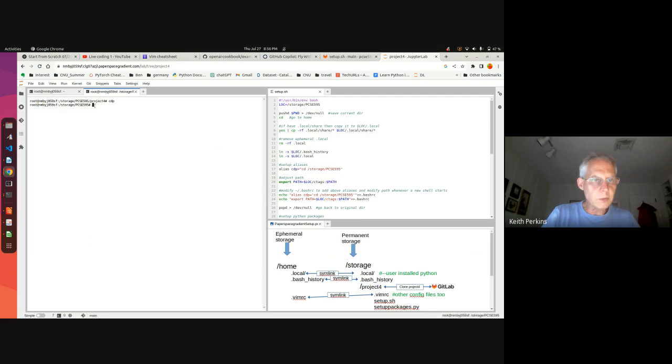All right, so now we're in storage. Now I want to change directory to the project. And now source setup.shell. If it's not working, what you want to do is this. If you do source setup.shell and you're getting some errors